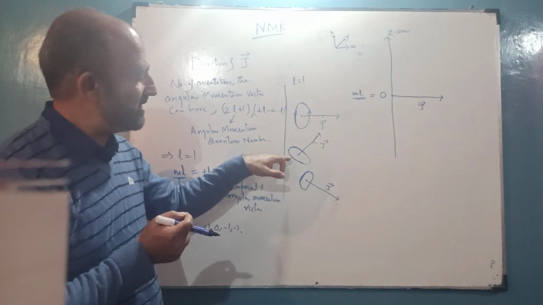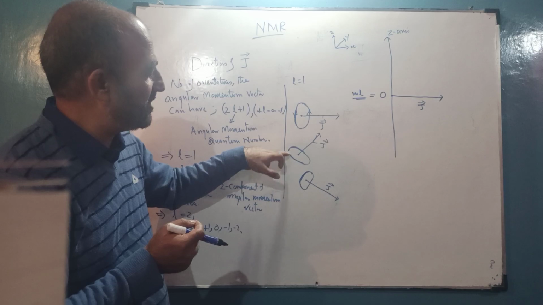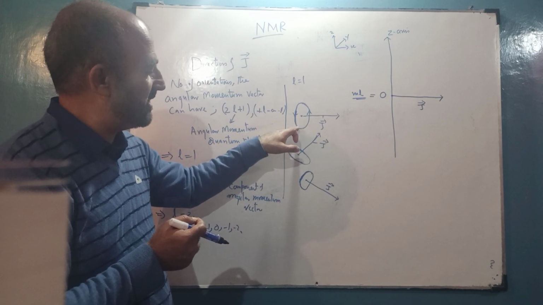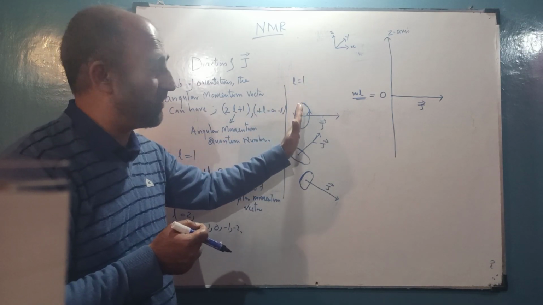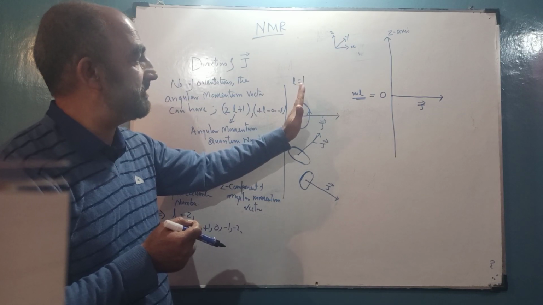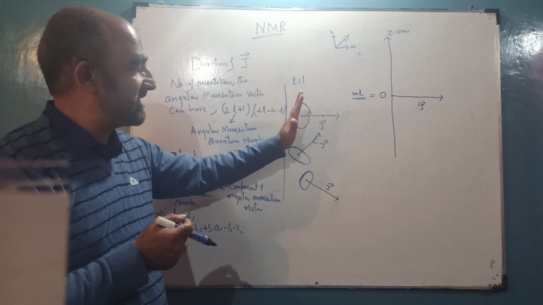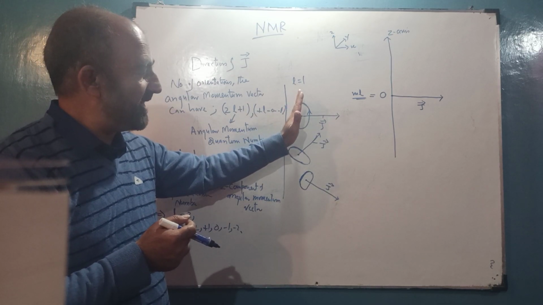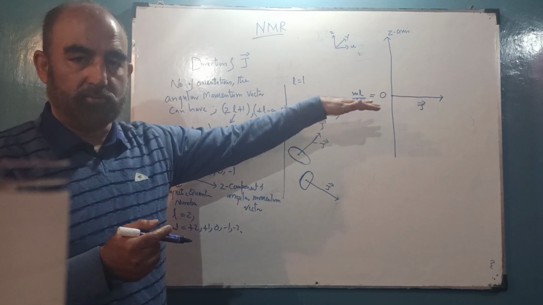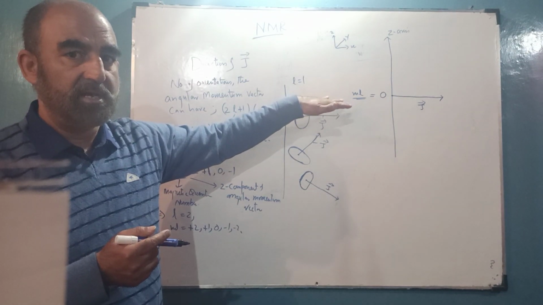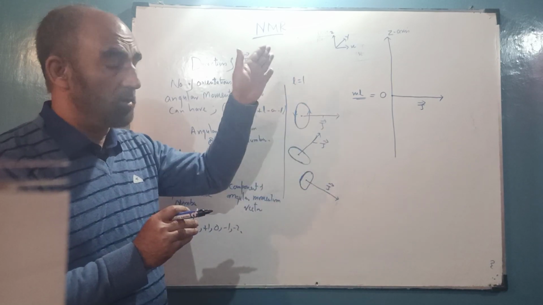If this is the sense of rotation, now what is the difference between this and this? In this case, the plane of rotation contains the z-axis, or the z-axis is contained in the plane of rotation. Say, for example, the plane of rotation in this case is the xz plane. So the z-axis is contained in that xz plane. That's why the whole of the angular momentum is directed perpendicular to the reference axis, and there is no component of the angular momentum vector along the z-axis.